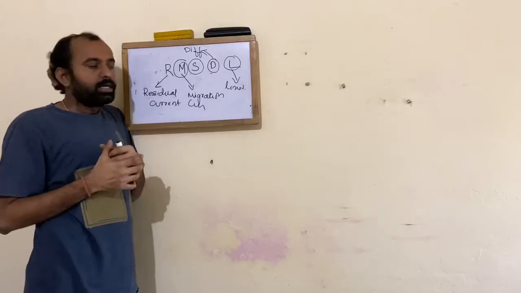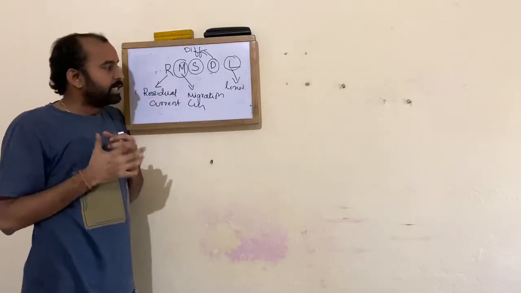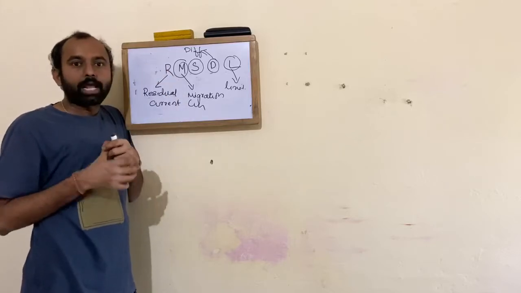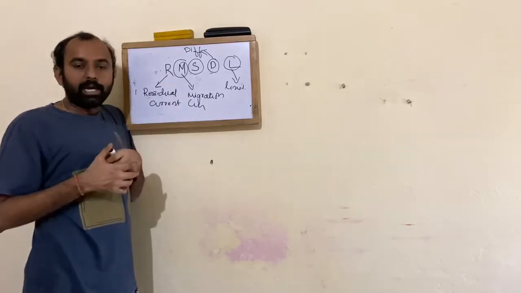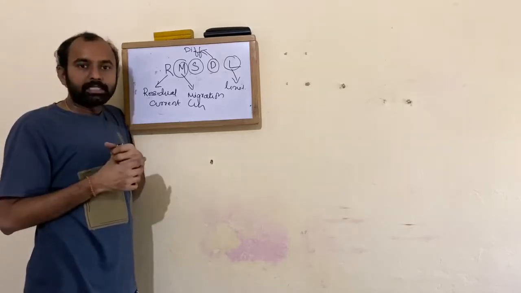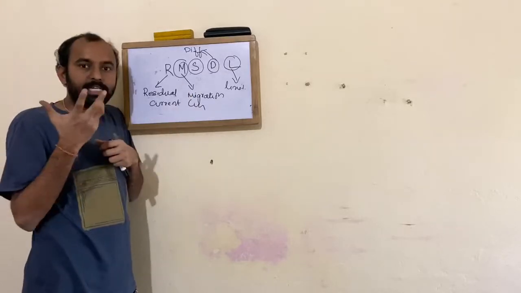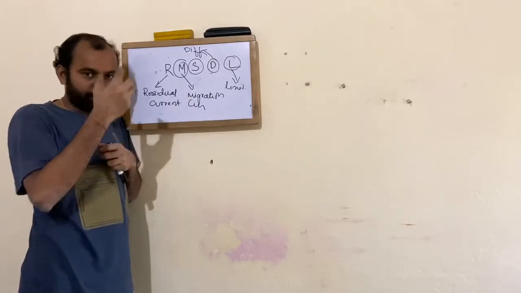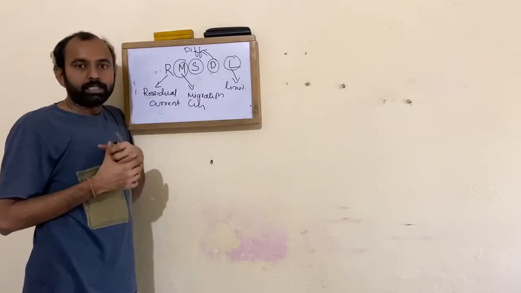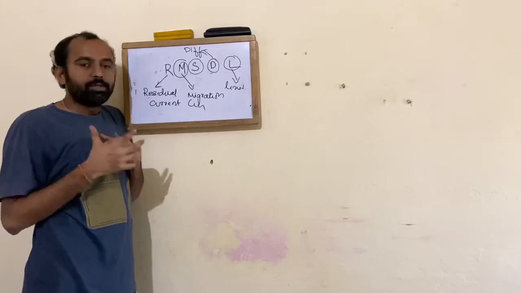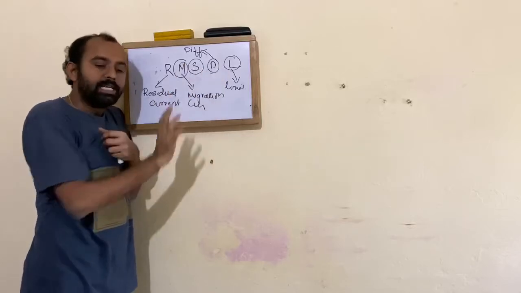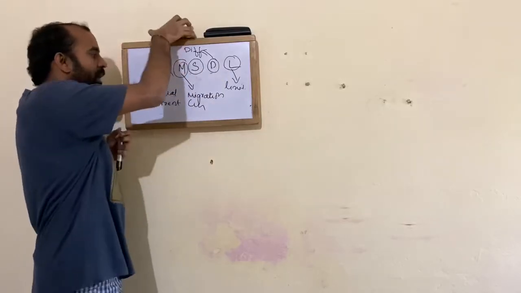Then migration current. These migration currents are generally negligible. However, these values have some importance when you do not add another electrolyte, suppose KCl or gelatin. So when you add this KCl or gelatin, the migration current, that is migration of your cations onto the surface of the electrode, is minimized by this. And diffusion current, I already told you, is the diffusion of electroreducible ions from the bulk to the surface of your electrode. And L is your limiting current. This is the fundamental information.